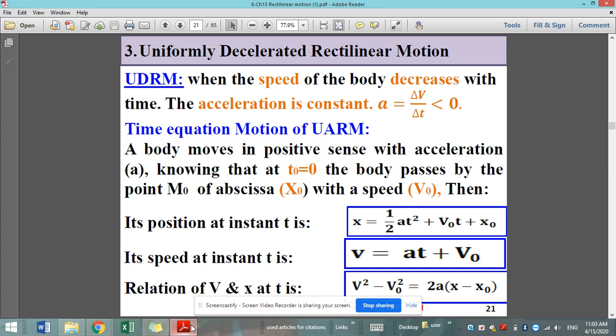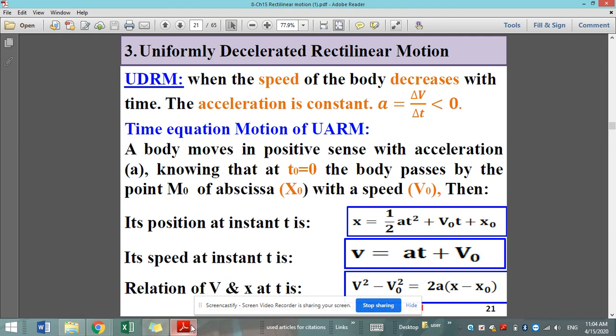In this section, we're going to study uniformly decelerated rectilinear motion. It is just similar to the UARM, but the only difference is that instead of having the speed increasing at a constant rate or at a constant acceleration, the speed actually decreases at a constant acceleration. So UDRM, when the speed of the body decreases with time, the acceleration is constant, and a, which is delta